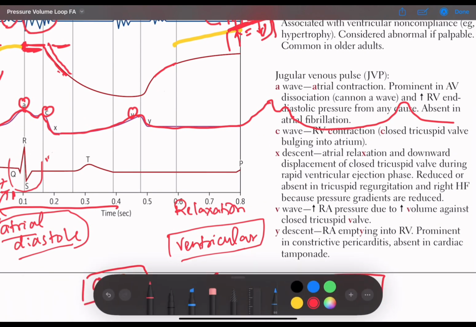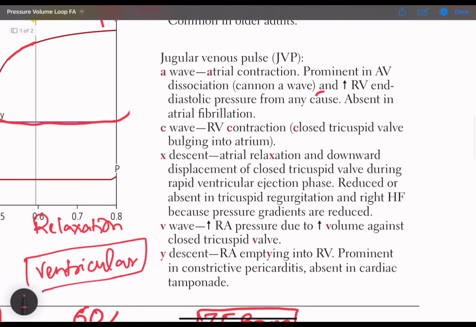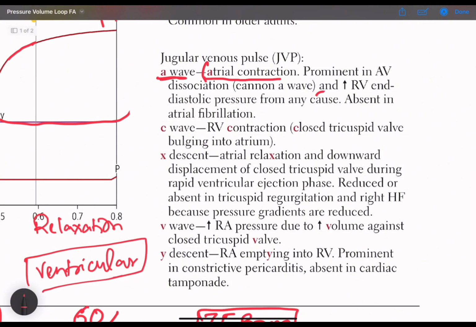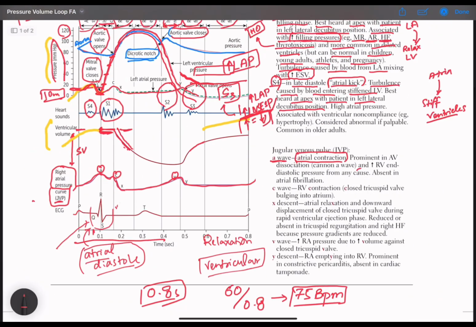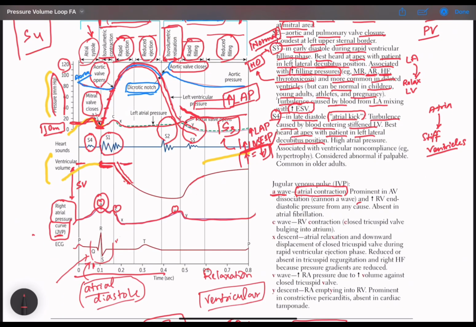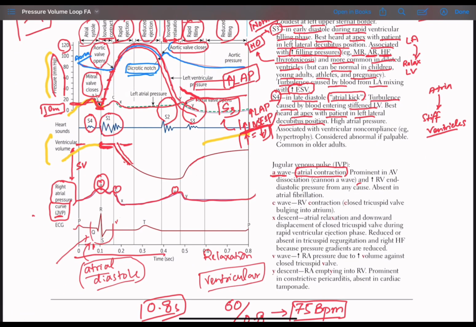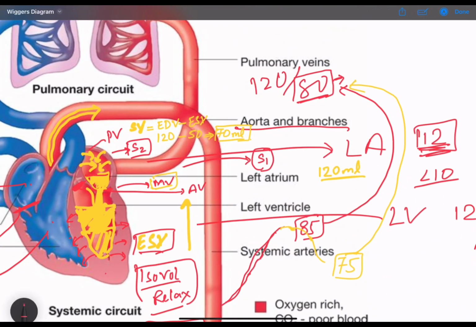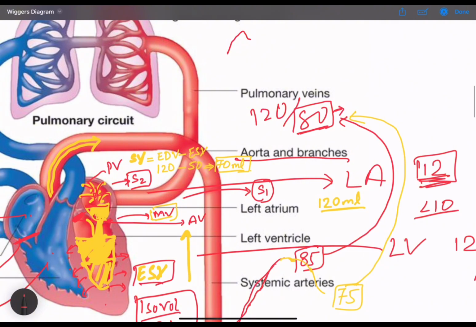Now let's review jugular venous pressure. First of all, we have the A wave. When does the A wave occur? The A wave occurs during atrial contraction. If we look at this phase, when the atria contract, it generates the A wave. Now if we have pressure changes over here, when the atria contract and we look at the pressure tracings of the atria, first of all we will have an A wave. Then after that,